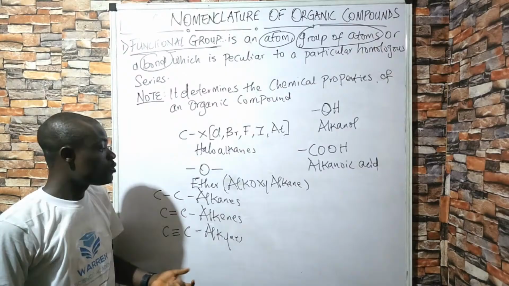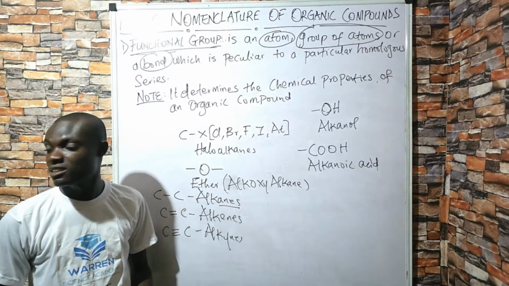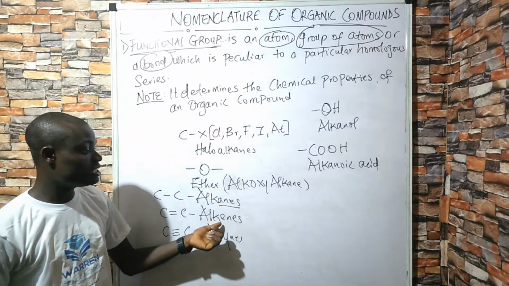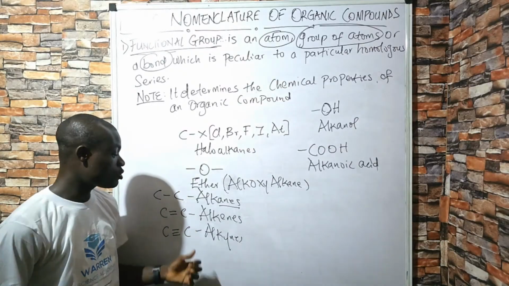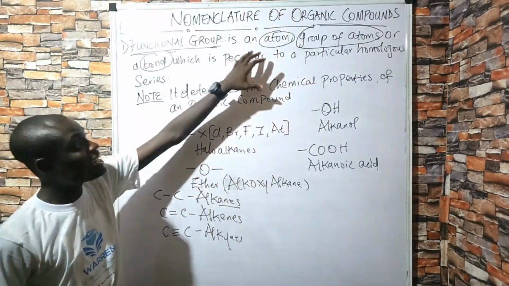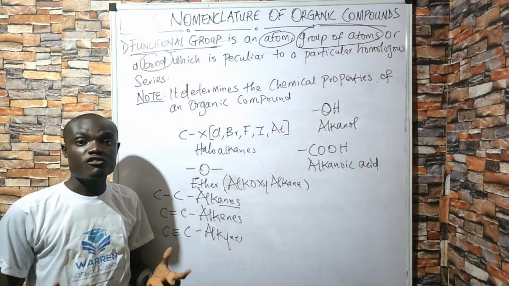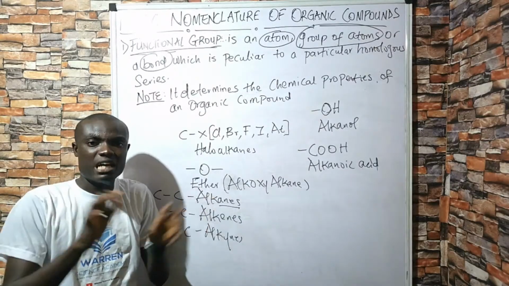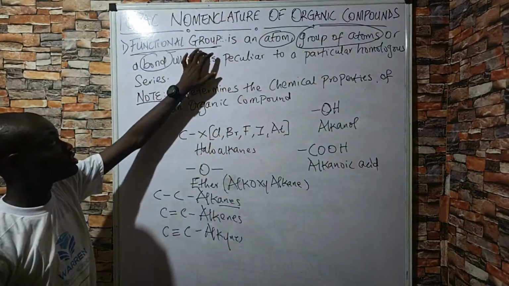So once we see a compound that contains ANE, that's their family. That's an alkane. There are some that you see contain a double bond. We just know that this family is what? An alkene. Some contain a triple bond. We know that that's what? An alkyne. So they can be a group of atoms or a bond, and they are just peculiar to a particular family. There's some family that probably will just have the tribal marks, or there's something just unique about a particular family. So that unique thing is what we refer to as functional groups.